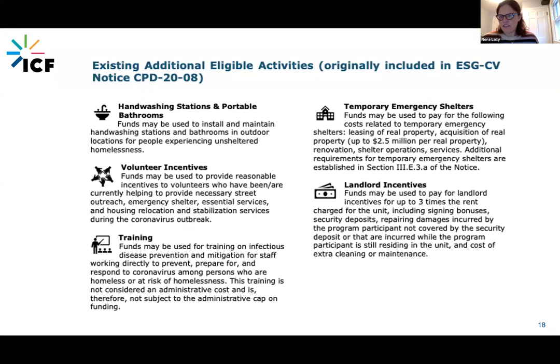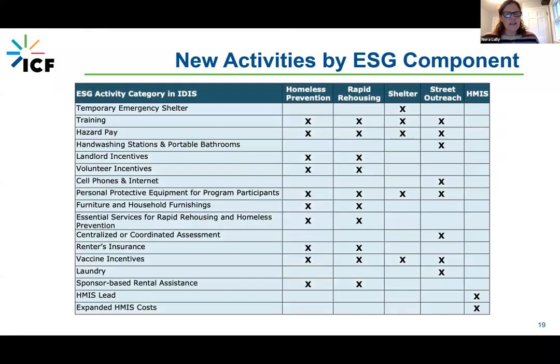And I think if we go to the next slide, there's a handy chart, which no one expects you to commit to memory right now, but it's a great reference as you're working with this program. If you're like any of us who have worked with this program, you will remember, oh, I can pay for a thing like training, but what component was it eligible under?